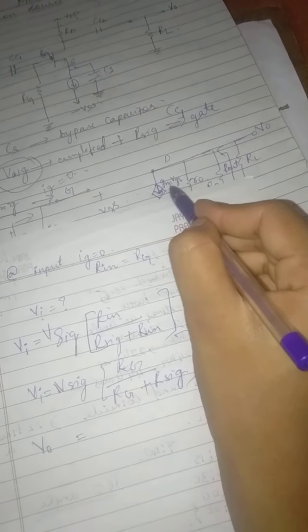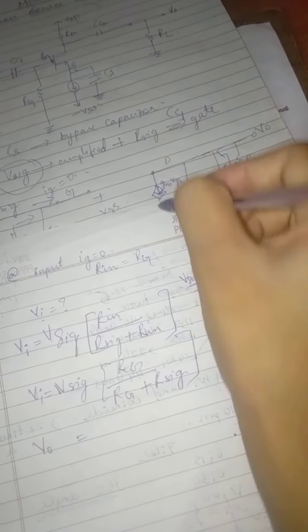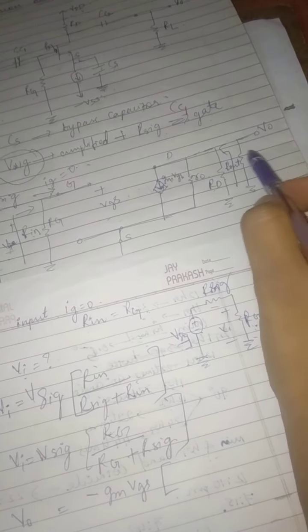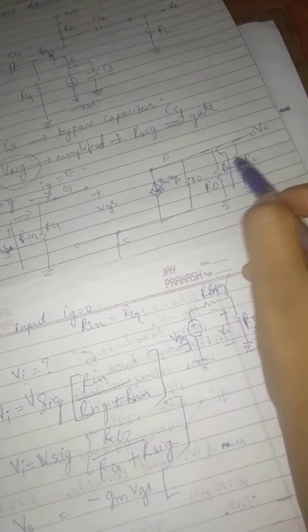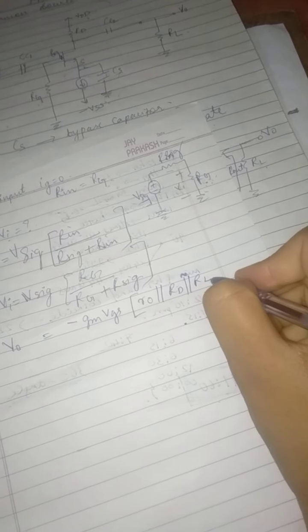And as the direction is downward, we will be taking a negative sign. I here is nothing but a current source, that is gm VGS. As it is going down, we take a negative sign. So minus gm VGS multiplied with R. Now what are the resistances we have here? Ro, RD, RL. All the resistances are in parallel. Hence, I can write it as Ro parallel to RD parallel to RL. This is what I will be getting.